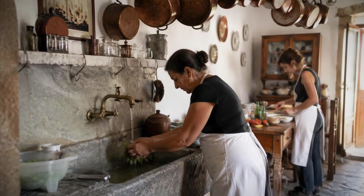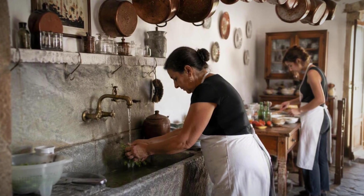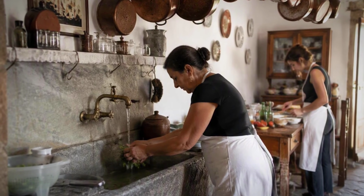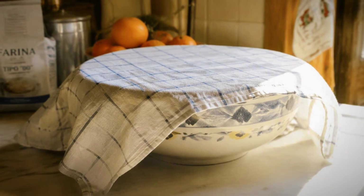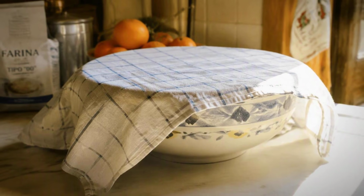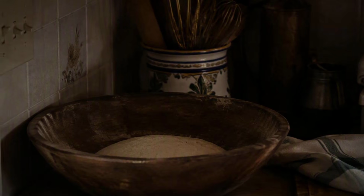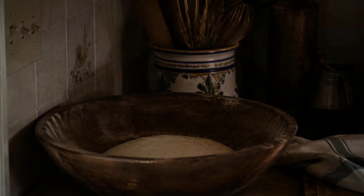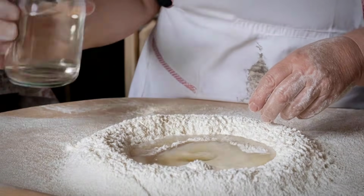I'm going to walk you through the entire day, meal by meal, the way it actually happened, because watching it changed my whole idea of what a family kitchen is supposed to look like. Breakfast starts with bread that isn't for breakfast at all. It's for dinner 12 hours from now, and that gap is the first thing that surprised me about how this